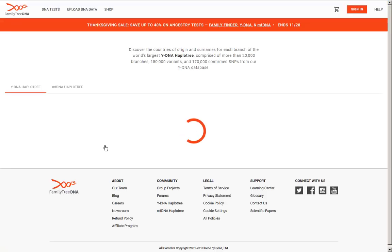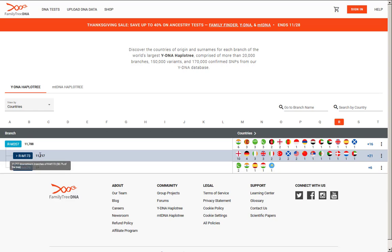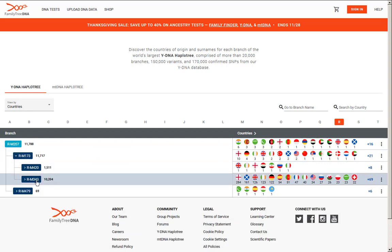Where there were 20 branches 20 years ago, there are now 20,000 branches. And some of those have several mutations on the branch that haven't been separated out. So across the top you have the original A up to R, and eventually they added S and T, and then R was divided into R1 and R2, and R1 was divided into R1a and R1b, and then all those 1s and 2s and As and Bs got complicated, and they decided to give every new mutation a label like M173. So there's 11,000 men in the Family Tree DNA database in that M173 branch, and 10,000 of them are